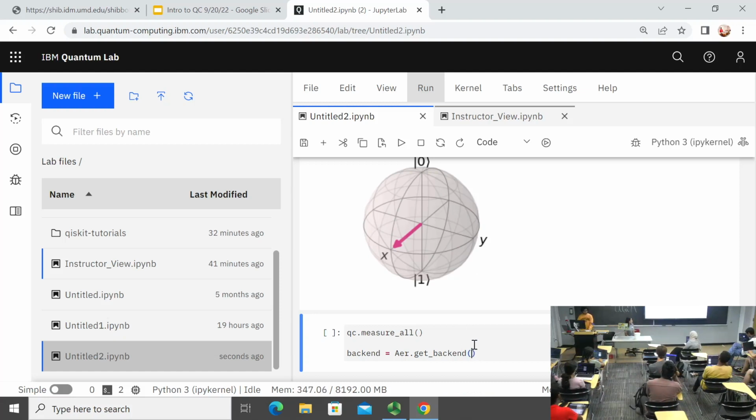In this situation, we're going to use something called the QASM simulator. I definitely didn't know that it was pronounced "chasm" until someone told me. But that's the simulator we're going to use, the computer that's going to do the computation we want. Now that we've told the computer, I want you to measure a quantum bit using this computer, we need to give this computer our task. That's why I'm going to declare a variable called job. And in job, I'm going to tell it to execute